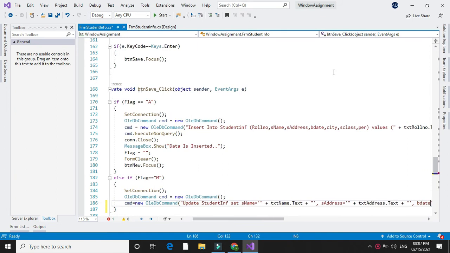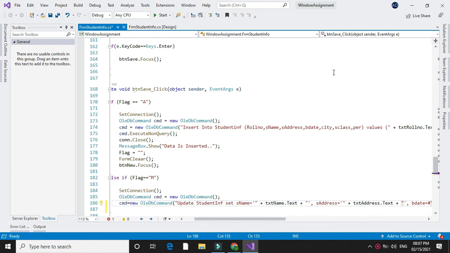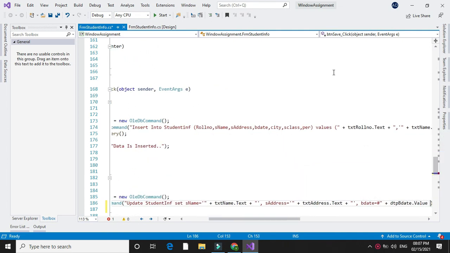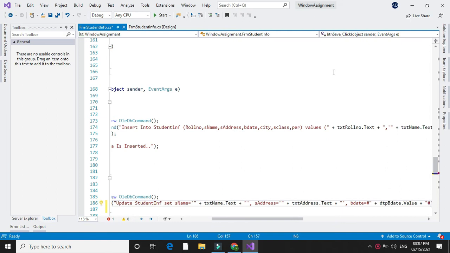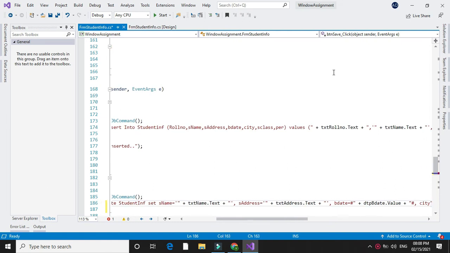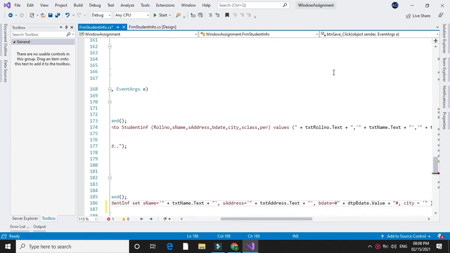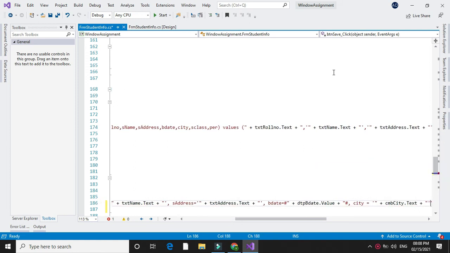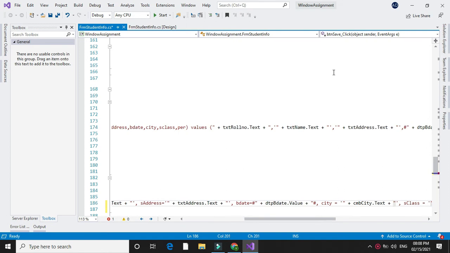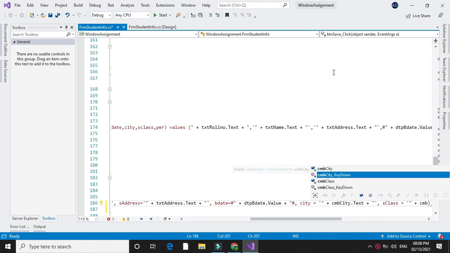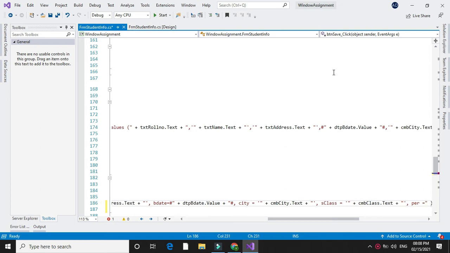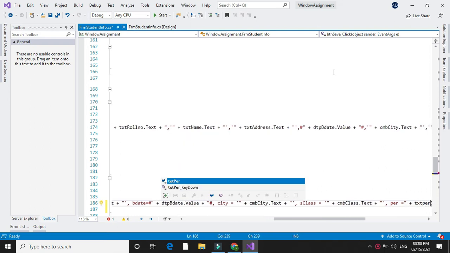comma bdate equal to hash double quote plus dtp date.Value plus double quote hash, comma city equal to single quote double quote cmbCity.Text plus double quote single quote, comma s_class equal to single quote double quote cmbClass.Text and percentage equal to double quote plus txtPer.Text